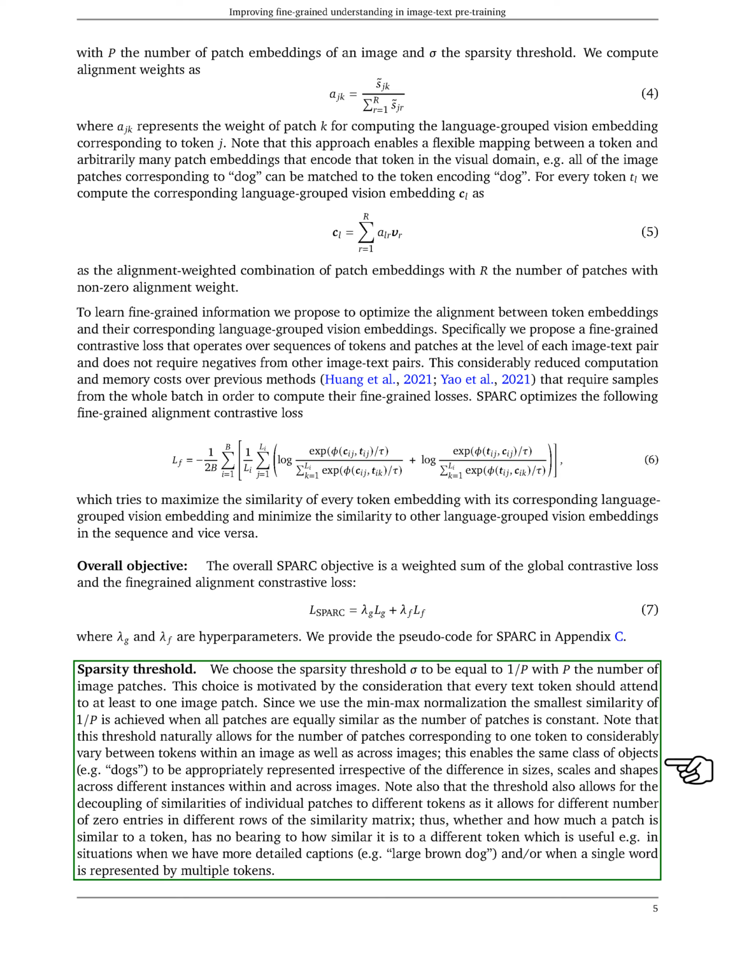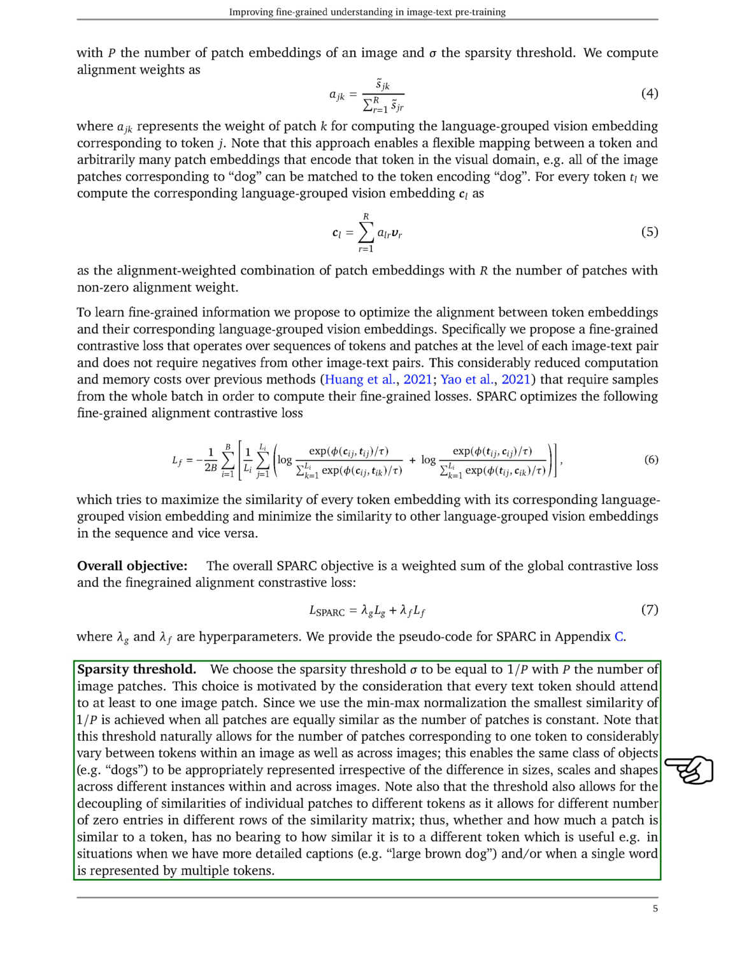This is based on the idea that each text token should correspond to at least one image patch. This threshold allows for flexibility in how many patches correspond to a single token, which can vary greatly between different images and tokens. This is useful in situations where we have detailed captions or when a single word is represented